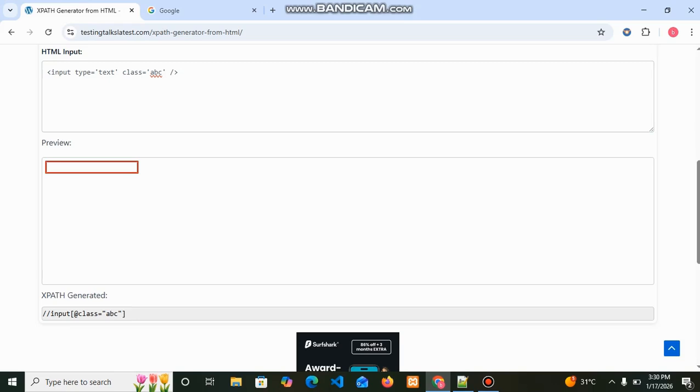It will easily find the XPaths for that HTML. This makes it easy for beginners or automation testers who have started newly and have little experience to generate the XPaths easily from our XPath generator tool.